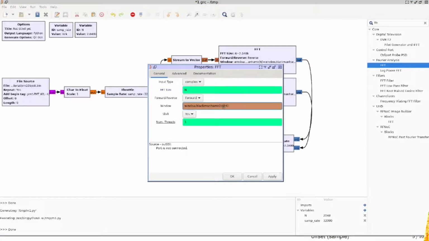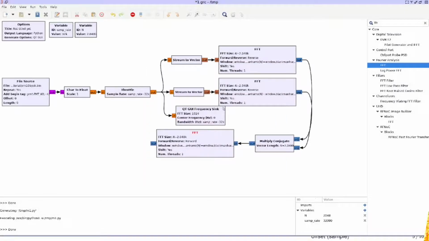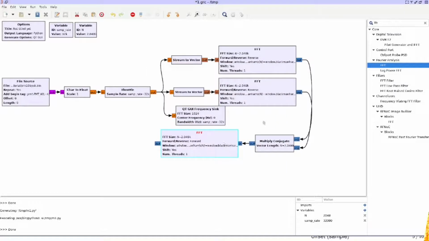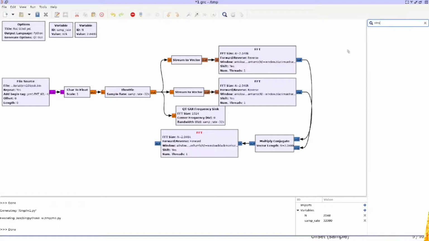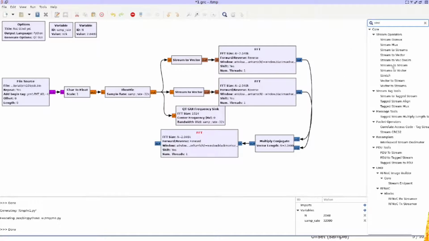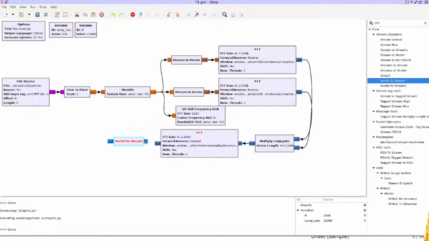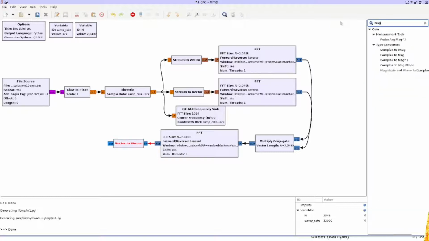It's somewhat the same. Forward and reverse Fourier transform is just a matter of convention between exponential j omega t and minus j omega t. Once we've created the inverse Fourier transform, we return back from stream to vector, so upside down, vector to stream, and this is what we can send to a time sink. So we're going to take magnitude,